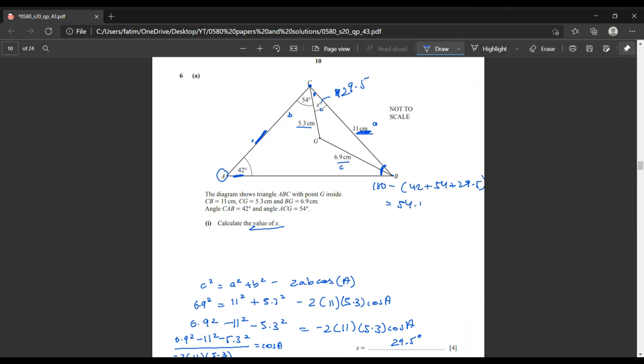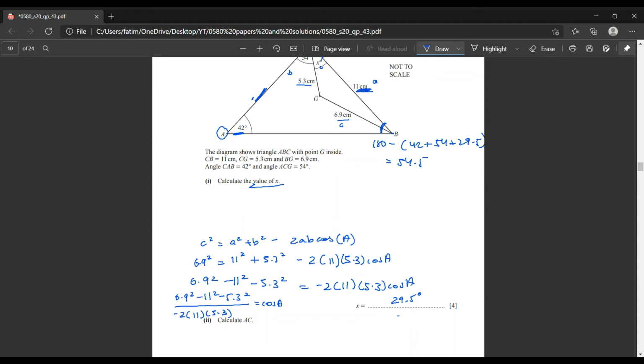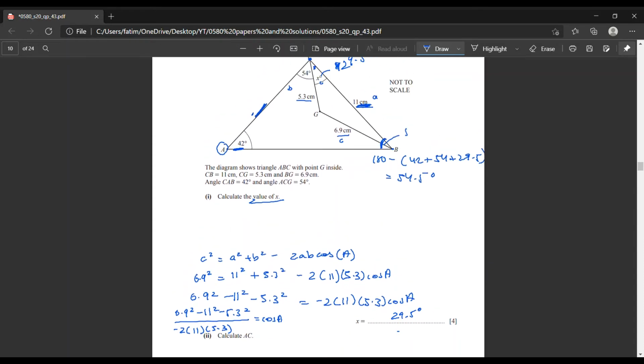And that's 54.5. Again, I'm doing 180 minus because the sum of angles in a triangle is 180. You're supposed to know that. Okay, so we know that this is 54.5 degrees. So we now have a known length and a known angle, and we have an unknown length and